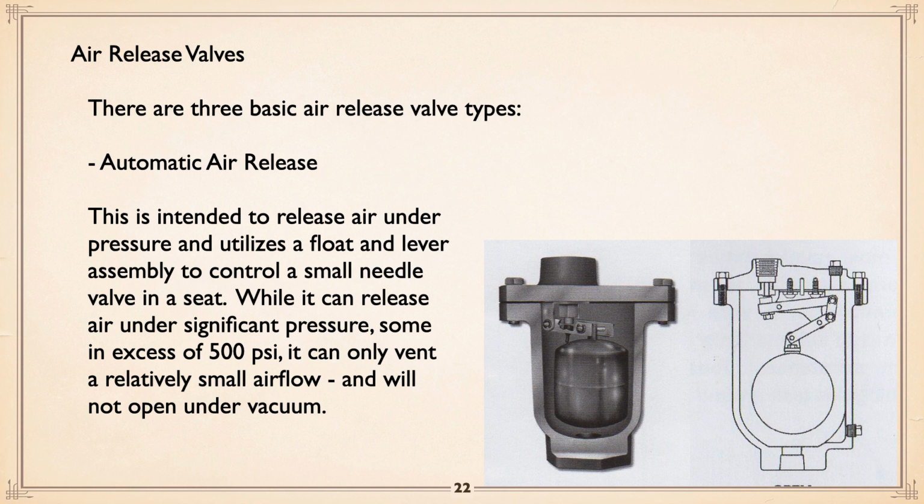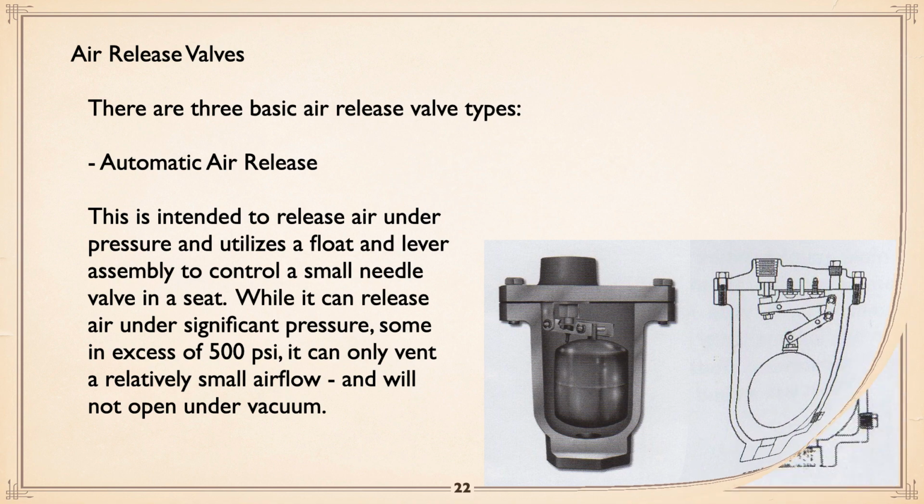Air release valves. There are three types of air release valves. The first one is the automatic air release valve, intended to release air under pressure. It has a float with a lever mechanism that controls a small needle valve into a seat. They can release air under significant pressure. Some can release, believe it or not, even in excess of 500 psi, but they don't let much air out. They let it out very slowly, good for getting stuff that accumulates, and they won't open under vacuum,